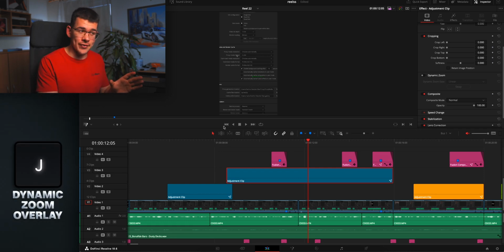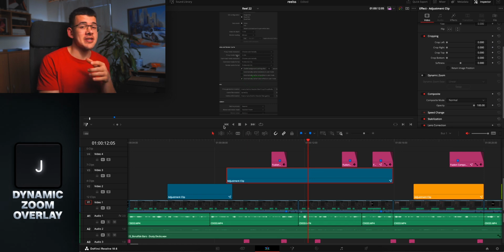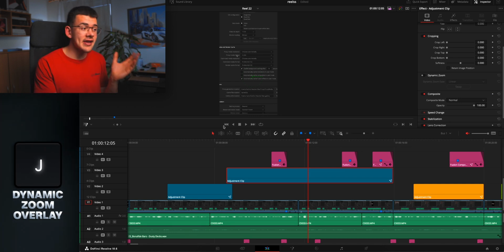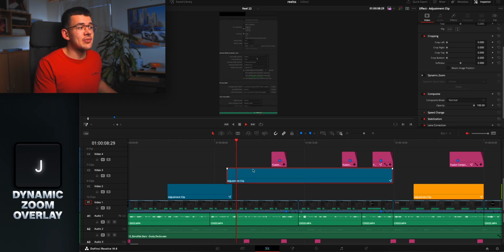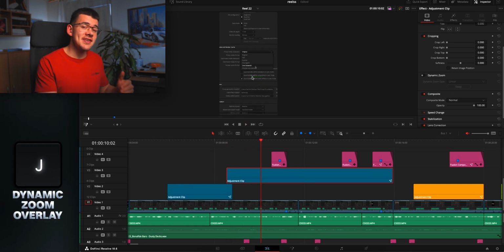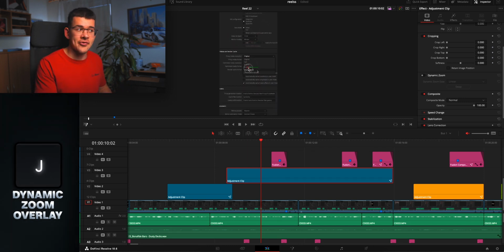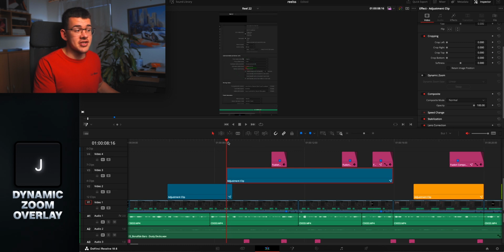activate your Fusion overlay. This is mostly used with special plugins or effects that you do in Fusion. Like for example, here we have a zoom pack from Mr. Alex Tech. If you want to download it, I will just leave the link down in the description. It does this really nice dynamic zoom, and you can position the point where it zooms into by pressing J and activating the Fusion overlay, and now just moving this X across the screen, and it will just zoom into